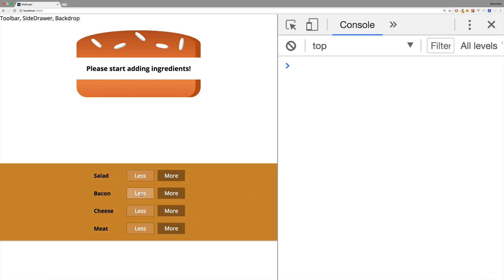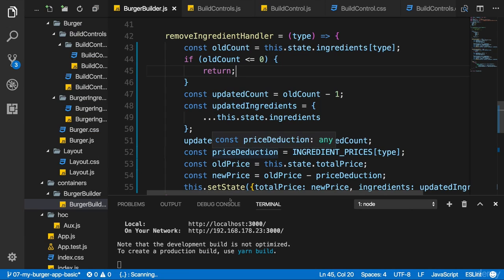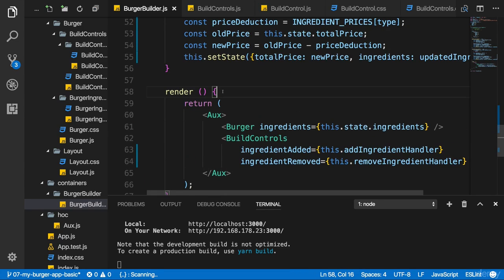So now if I click on salad or bacon or anything else, nothing happens. Of course, it would be even better if the button would be disabled then. So let's introduce that logic too. There I want to pass some information about which button should be enabled and which button should be disabled to my build controls. For that, let's scroll down to the render method.